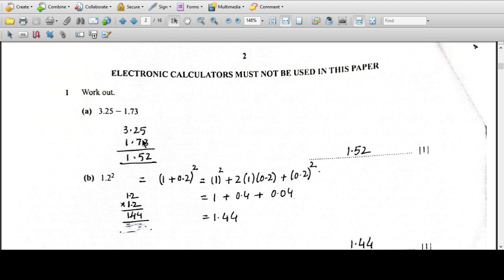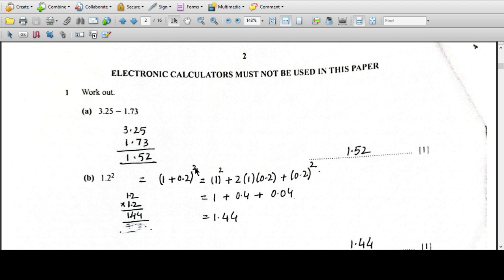So 3.25 and 1.73: from 5 to 3, it becomes 2. And this 2 takes 1 from this part to make it 12. 12 minus 7 is 5. And here we have 2. 2 minus 1 is 1. So 1.52 is this. And we have to work out this 1.2 square, and we can solve it with 1